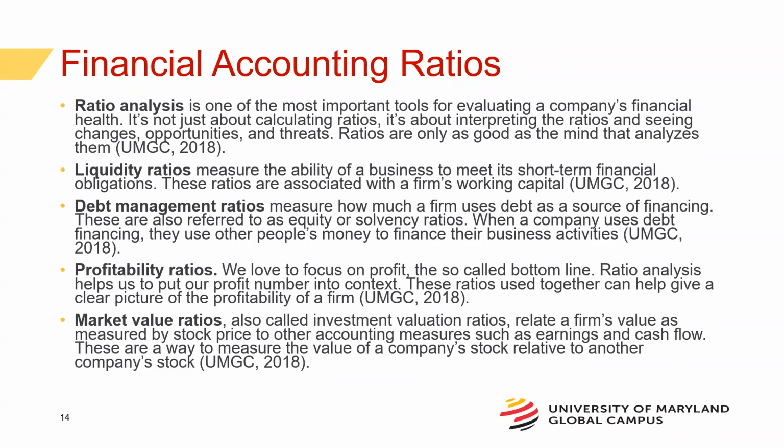Those are liquidity ratios. We also have debt management ratios. This tells us how effective the company is with respect to paying off their debt. Is the company able to meet its short-term and long-term liabilities? And so we can use debt management ratios to determine if the company is able to be solvent. Solvency is the company's ability to satisfy all of its obligations